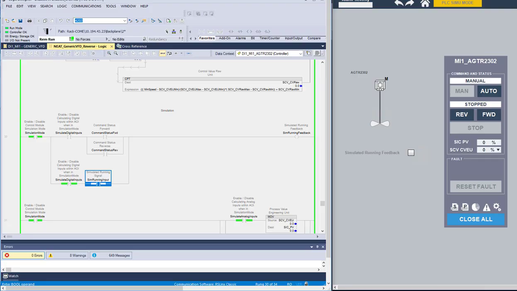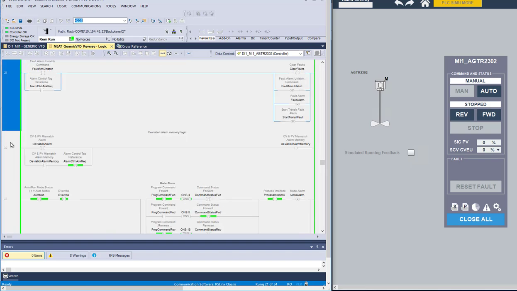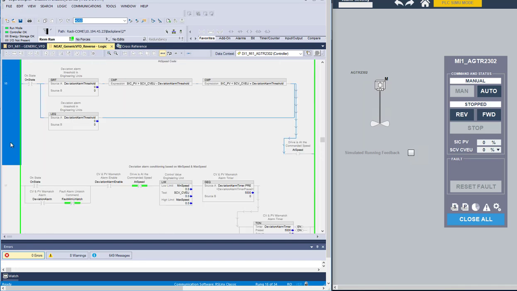For the fail to start and fail to stop fault, I have added on my HMI a simulated running feedback. The line of code is here. So as you can see, we can either simulate the feedback from the command status forward or reverse, or add an additional information that is coming out of this add-on instruction. So in this case, it will come from my HMI. So now if I go up to the fail to start, fail to stop informations